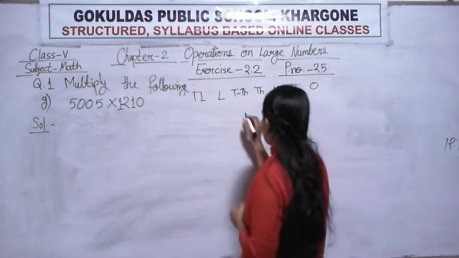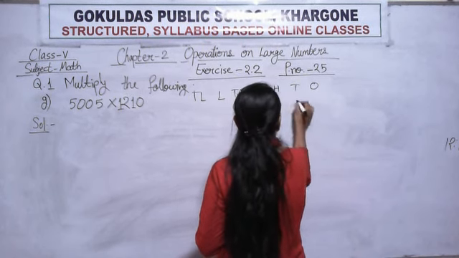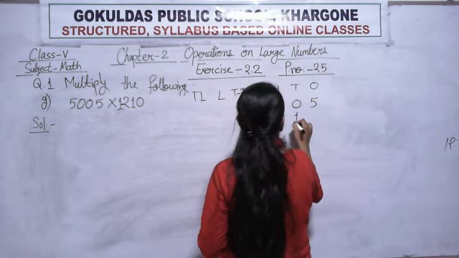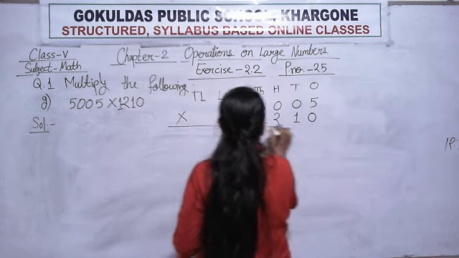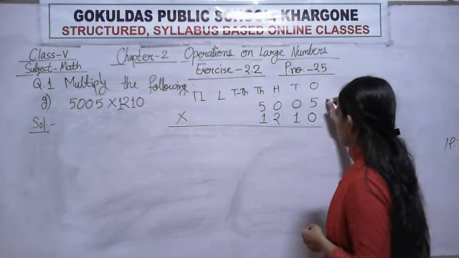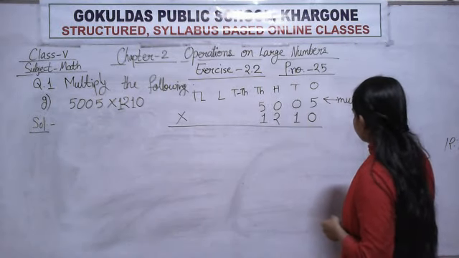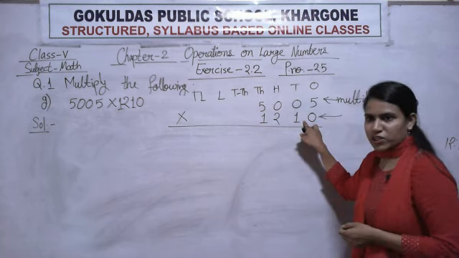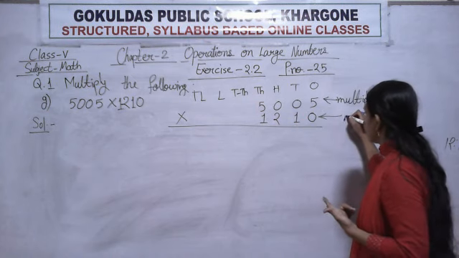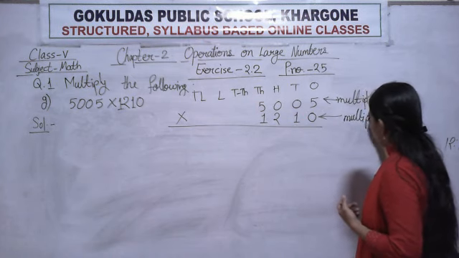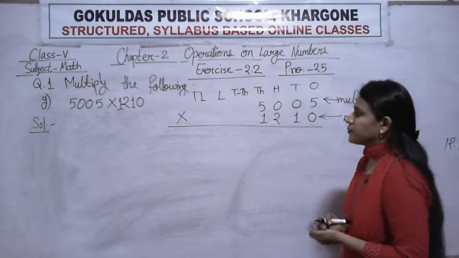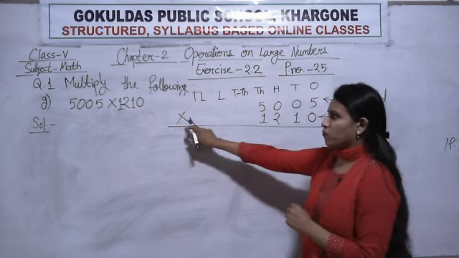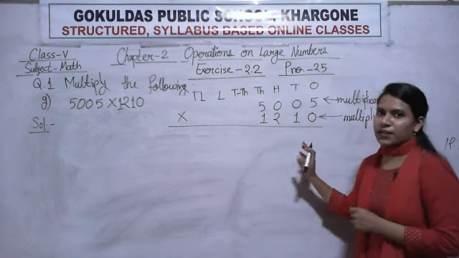Now arrange both the numbers. 5005 and the second number is 1210. Now multiply both the numbers. This is your multiplicand. The first number is your multiplicand. The number by which you are multiplying is called multiplier. It is your multiplier. We have done the first step, that is we arranged both the numbers column wise. We have put the symbol. Now start multiplying.